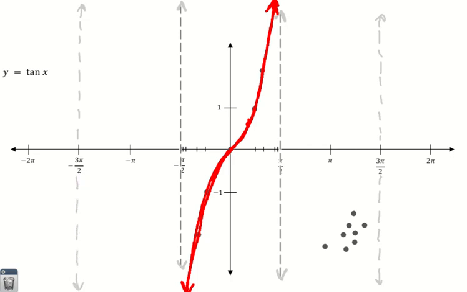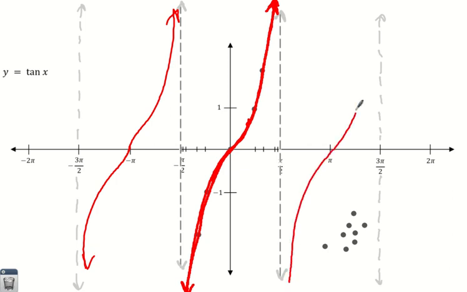And we could draw other periods of the tangent graph. Because again, the tangent graph, just like sine and cosine, just kind of repeats itself over and over and